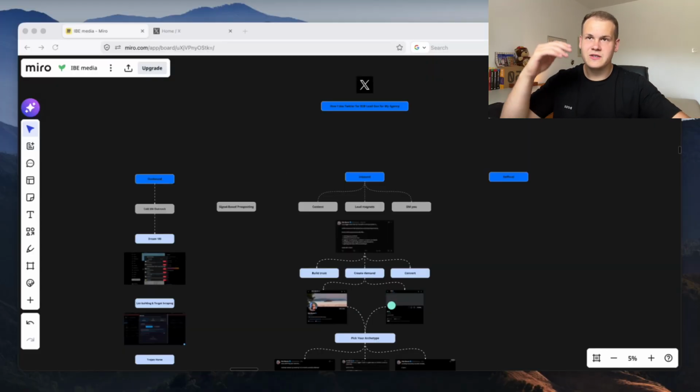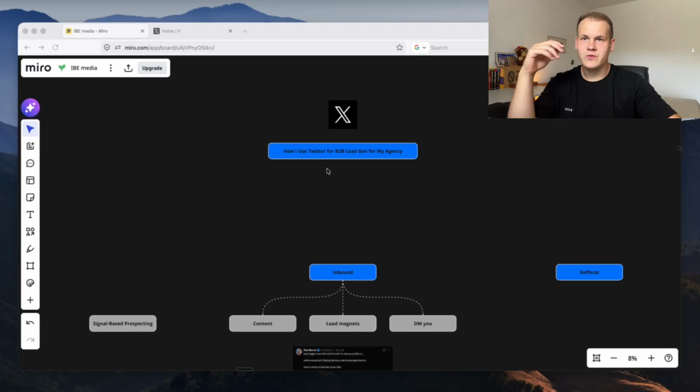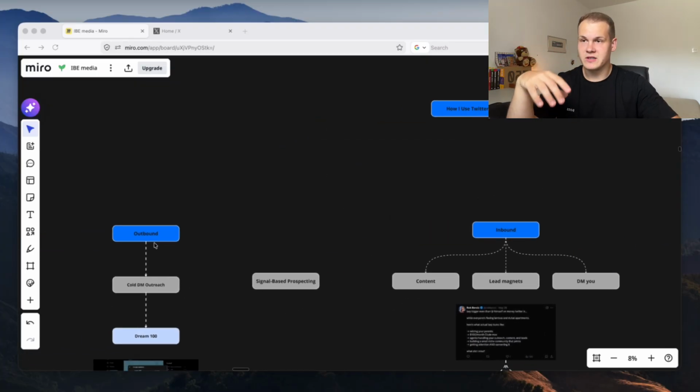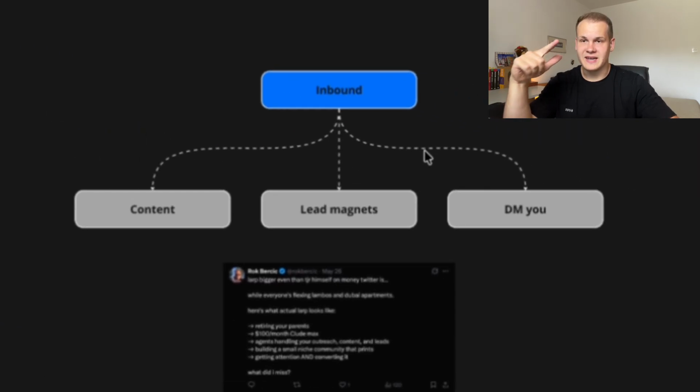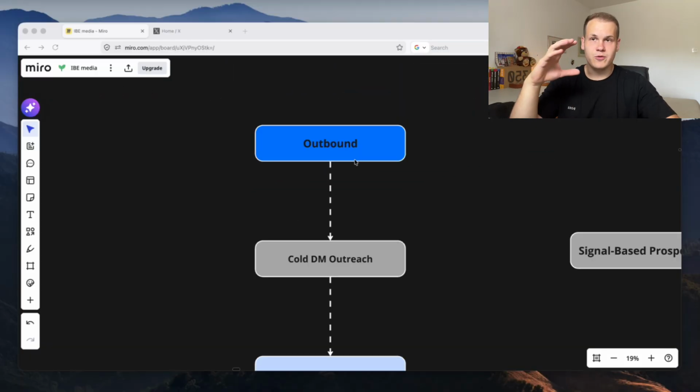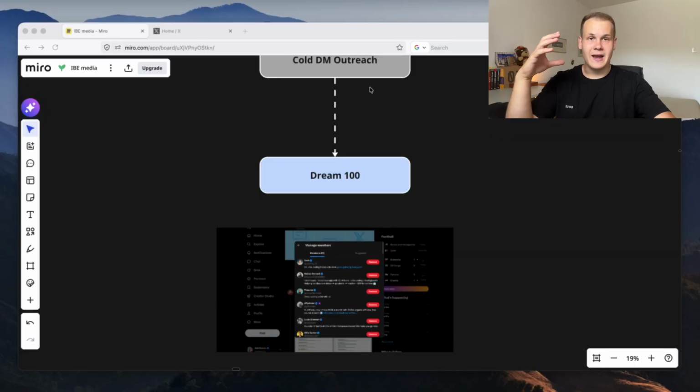Okay guys, so this is the full system, how I use Twitter for B2B lead gen for my agency. First, we have three methods. One is the outbound, second is the inbound, and third one is referrals. First method we are going to focus on is outbound, and here the only method you can use is called DM outreach. Before we send a single DM, this is the most important part, the preparation and how you will